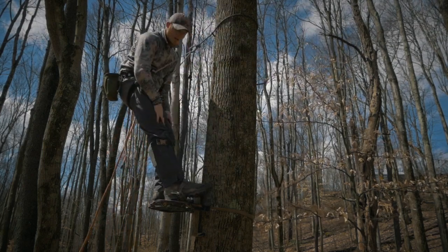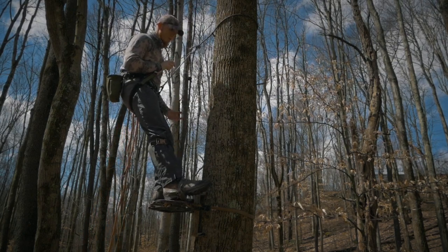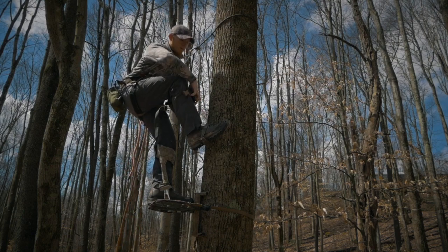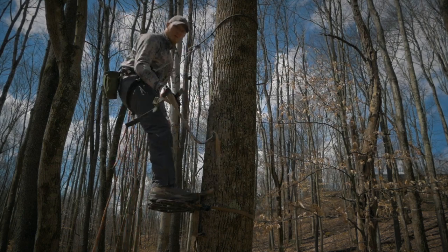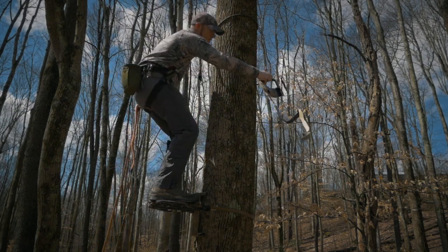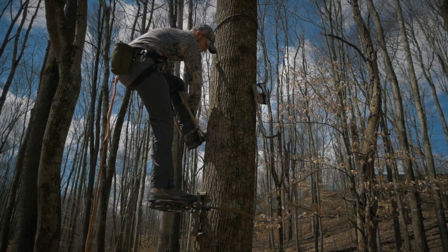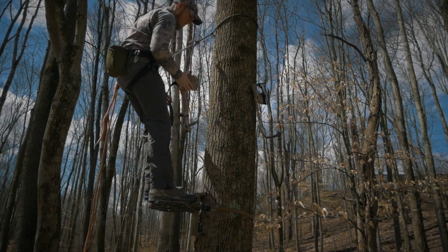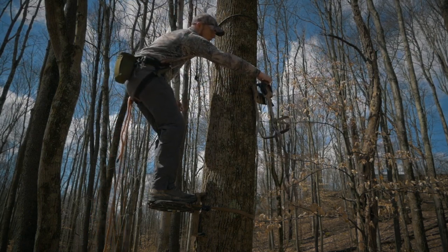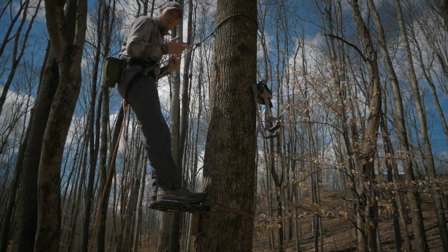So I can put one back behind the tree, and I can take my spikes off. Taking them off is really easy. Just hike my leg up, stick it into the tree like this. Spikes off, real easy. Hook the buckle back up, hang it back here behind me. Okay. Simple as that, it's really easy. So I can hang them off the back of the tree, right there within reach,